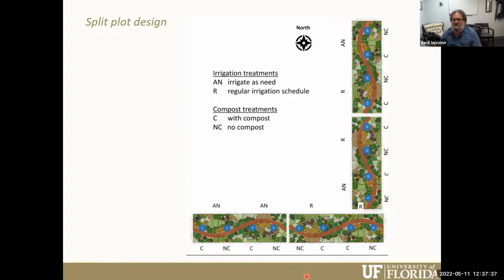This is the standard approach of just turning the sprinklers on at a set period every so often to water the plants. This is what we call the lazy irrigation approach, right? And then the other treatments that we're incorporating are compost or no compost into the soil. The compost is an organic matter, a mixture of organics that is hopefully trying to add some organic matter to the soil. We know that adding compost to development soil can help increase water holding capacity, but we also want to see what it does for plant growth. It's a restoration approach to enhance the ability of these native plants to establish under these harsh soil conditions.